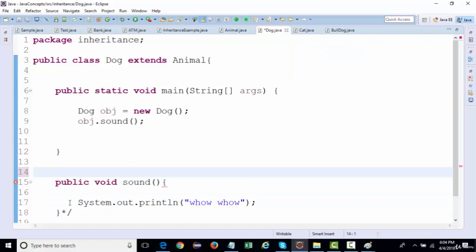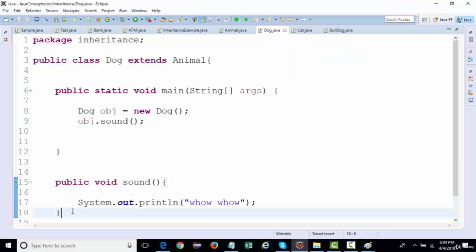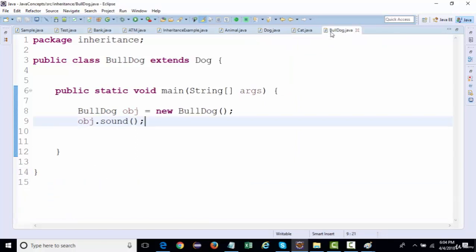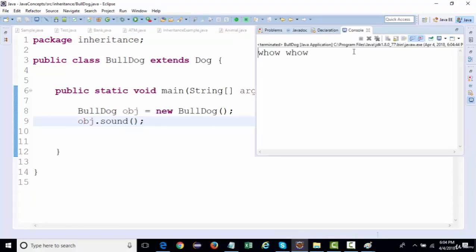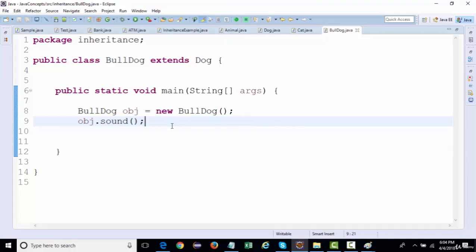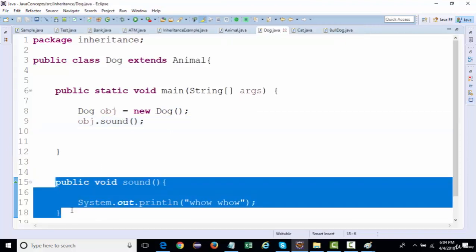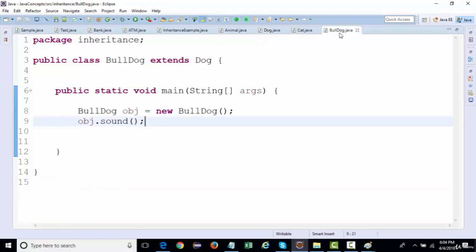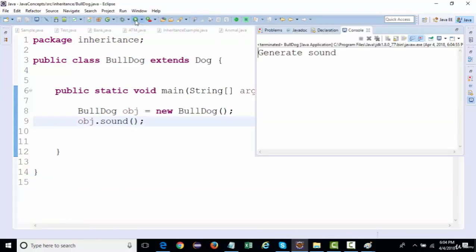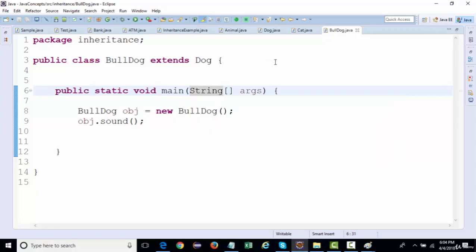Same way, if I go to the child class, that is bulldog, and run this, the sound that will be generated is of the parent class. And if the parent does not have this method, then it will generate a generic sound. So this is how the inheritance tree actually works.